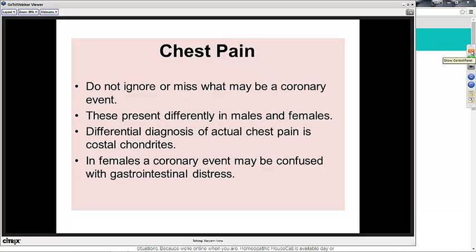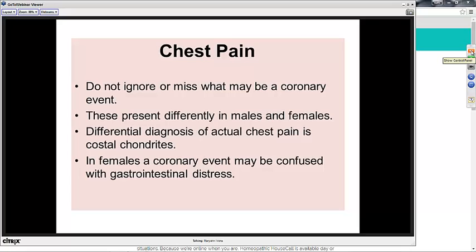She'd had indigestion. She went to the emergency room the night before. They'd sent her home with Pepto-Bismol. I did her EKG, and she had what I saw as anoxia. She had depressed ST segments in all of her left-sided leads, and we took her to the hospital, and she had a 3 artery bypass.